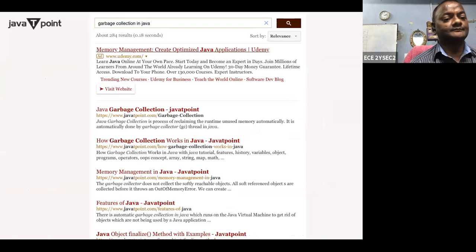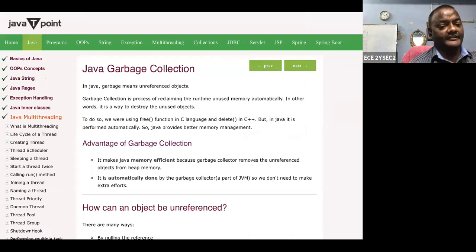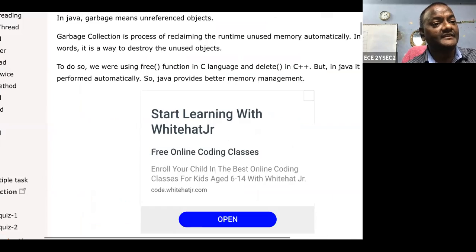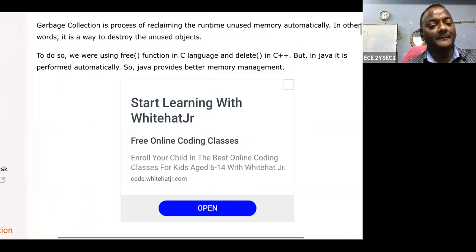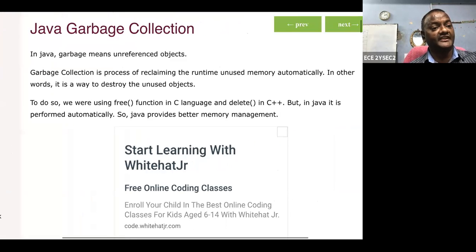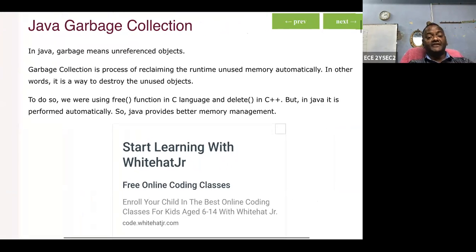Please see this, this is a very important thing. Invoke method. This is called garbage collection. All of you please see this. What is garbage collection?